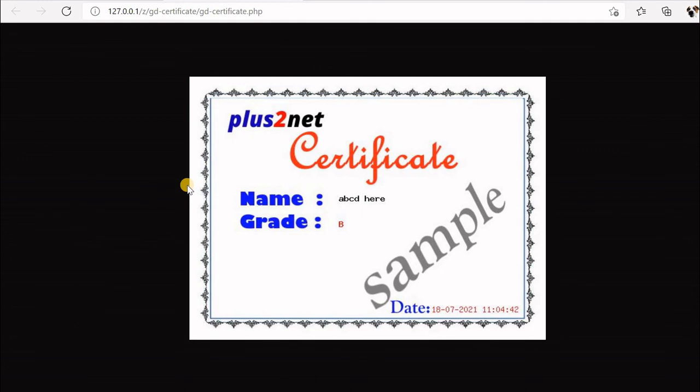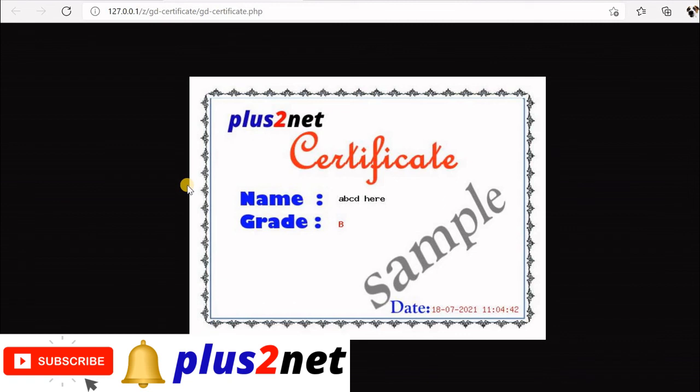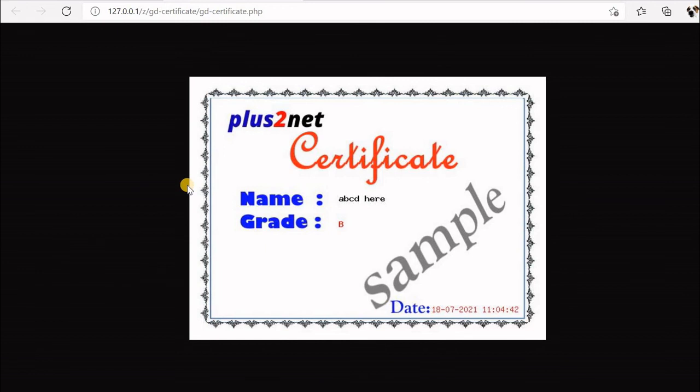Now I will just leave you with a question. Suppose I have 100 students, and the marks, class, everything, details are there in a table. I want to print those certificates for them, and every time I need not come to the form and fill in the details and then generate the certificate. Now automatically all the certificates of 100 students or whatever number of students I have will be generated by taking individual data. So how will we do that? This time we will take the data from the MySQL database and generate the certificates.